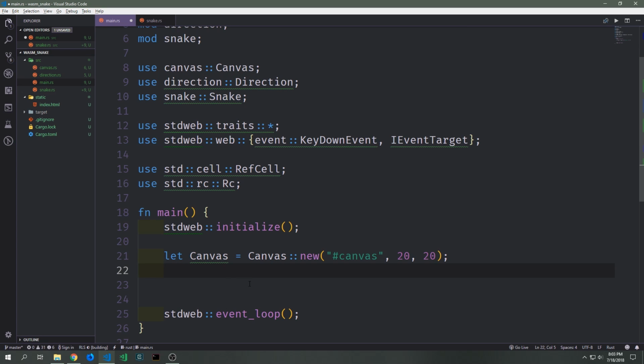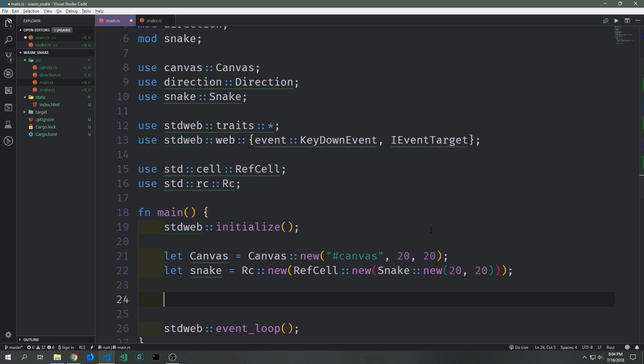Now that we have all of these imports, let's start building our main function. We can create our canvas element by calling Canvas::new and passing in the ID for our canvas, as well as the scaling that we want. And I want every block inside of our canvas to be 20 by 20. Now we can create the new snake, and we can do this by wrapping it inside of an Rc and then a RefCell, and then calling Snake::new and passing in 20 and 20 for the width and the